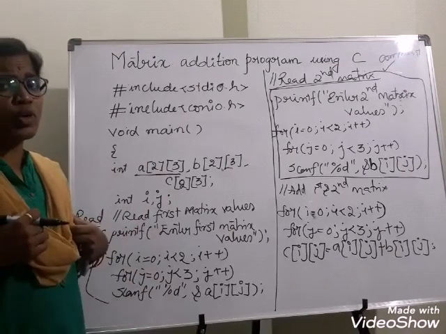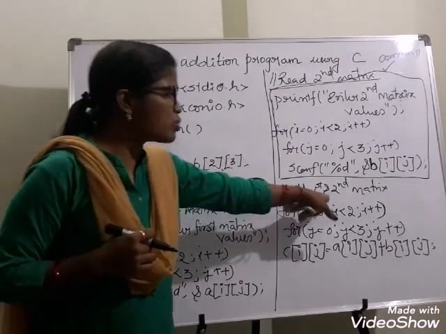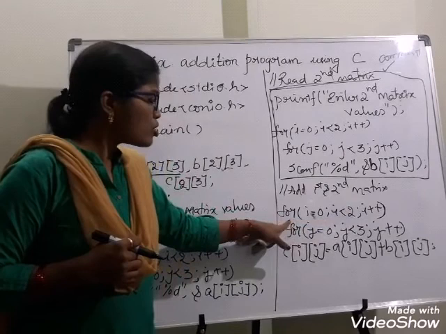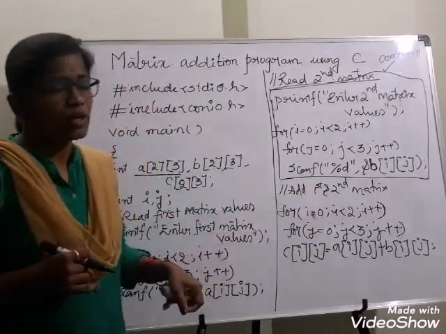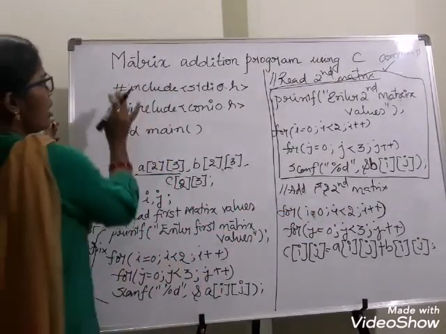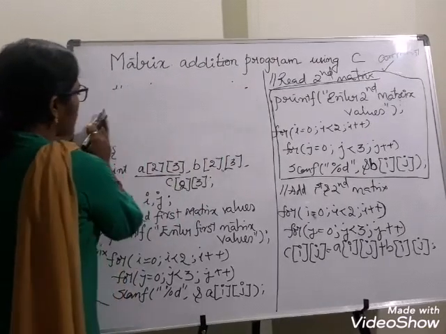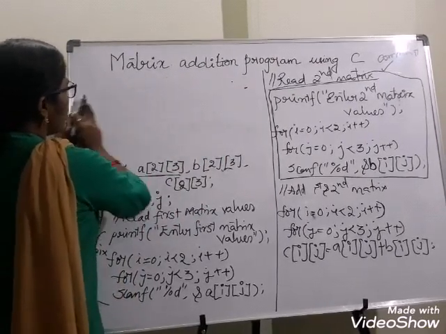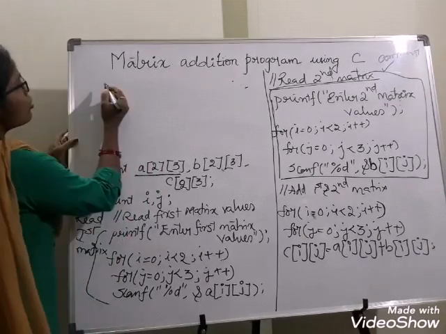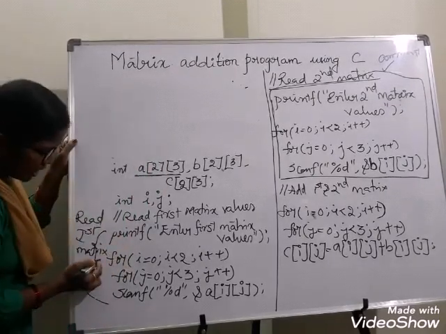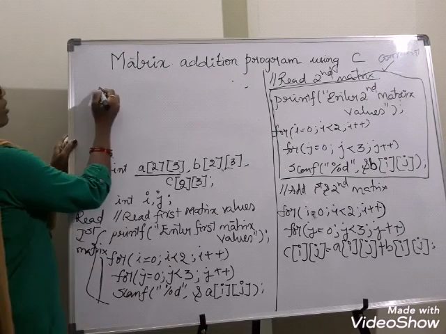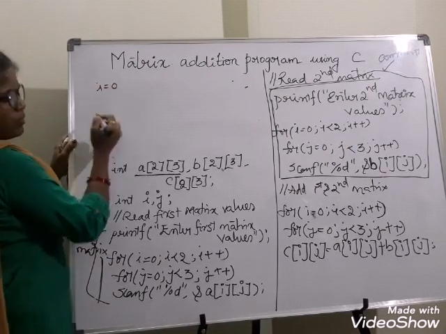So what am I doing next? I am adding the first matrix as well as the second matrix. So for i equals to 0, please just see here. I will just take this out because anyhow this is common for all the programs. You first see what I am doing. Suppose you take these 3 statements, for i equals to 0.